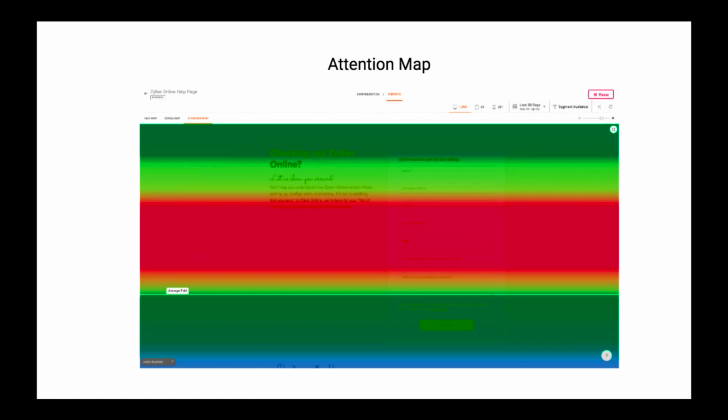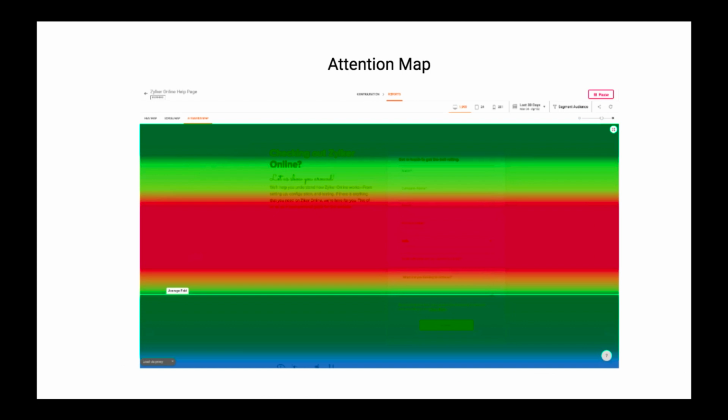And then you have the attention map. The attention map will highlight the areas of your web page where your visitors spend the most time. So imagine you have a visitor who has landed on your contact page and spends more than 10 minutes there. This might be because an important contact detail is missing, or the message might not be very clear. When you see more visitors doing this, you know that there's some problem that you need to fix. So you can go ahead and add what's important.